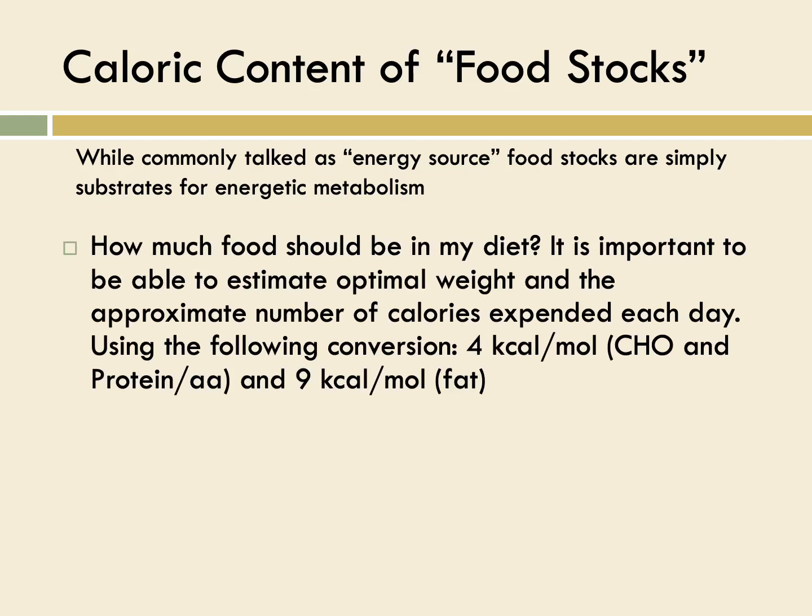And this is how much can I get from the various substances, in which carbohydrates and proteins or amino acids will provide about 4 kcal per mole or gram of the substance that we get. Lipids or fats will give us anywhere from 7 to 9 kcal per mole or gram. It's usually referenced as 9, but the reference there in terms of what we get from the food stocks will vary based off of what type of food stock we're actually getting,